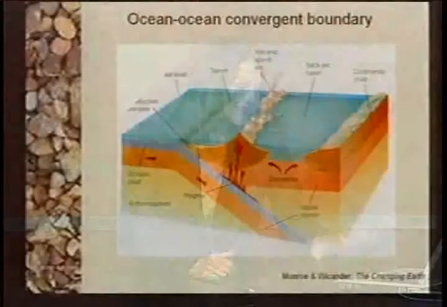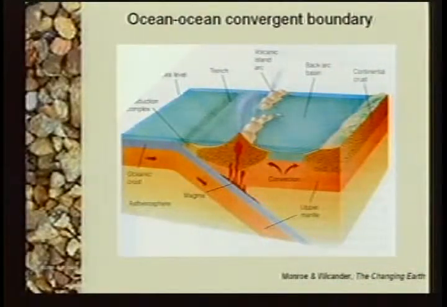With continental and oceanic, we have subduction of the oceanic plate, and with two oceanic plates, we have subduction as well. As you might imagine, in any of these cases, we are destroying lithosphere. We're not creating lithosphere, we are destroying it. A subducting plate will eventually undergo partial melting. Lithosphere is destroyed. Here is a diagram that shows a typical ocean-ocean convergent plate boundary, and you can see we